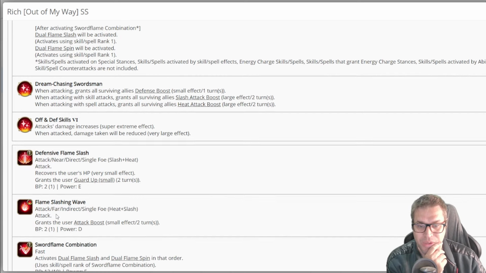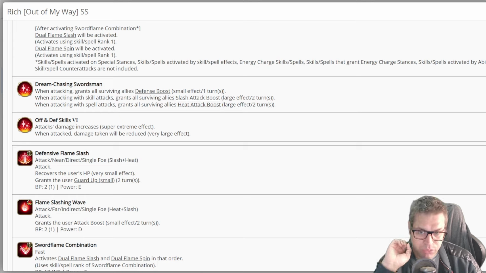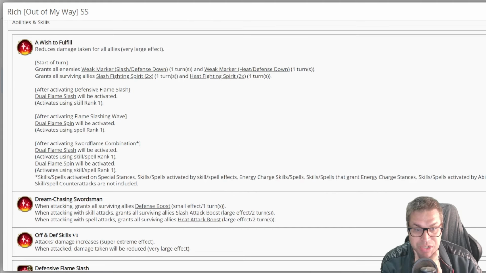What does that mean? Okay, we have to understand this. You will actually use 2 skills and 2 spells. What does that mean? 4 defense boosts, and 2 slash attack boosts, and 2 heat attack boosts. For Rich himself, he will benefit from all the boosts that he applies, but like I said, it's hard to make usage of both effects since Kihachi is slash but not heat, and Johan is slash and pierce, Gustaf is slash and blunt. But then look, his damage will be very high, and it generates BP